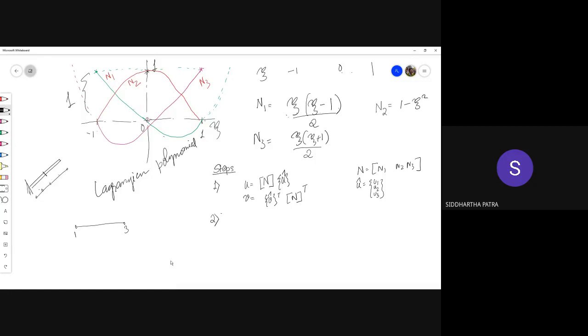Which is fine. But once you have divided into 2 elements, 2 elements could be unequal also. One could be larger than the other, and you can also divide it into more than 2 elements. But once the meshing is done, the locations of these boundary nodes are fixed in space. But your choice of this so-called mid-side node